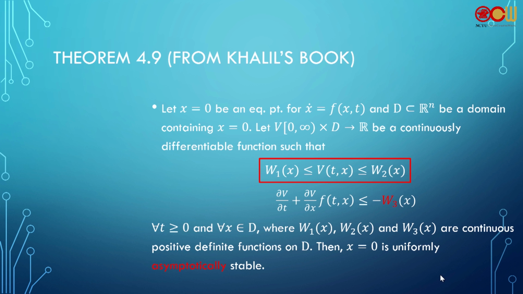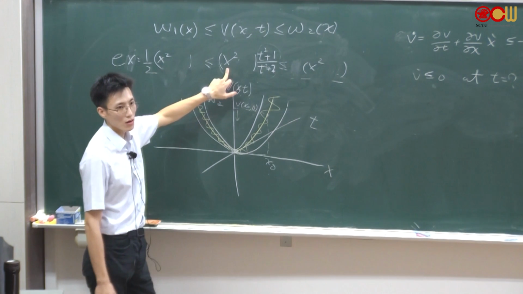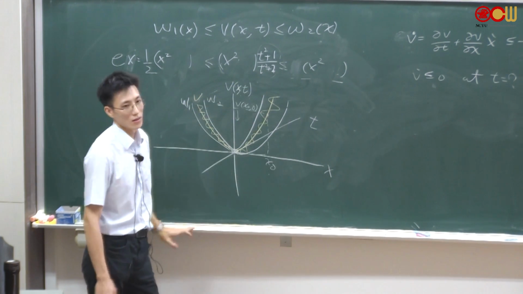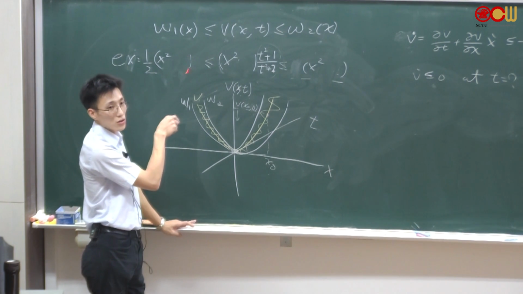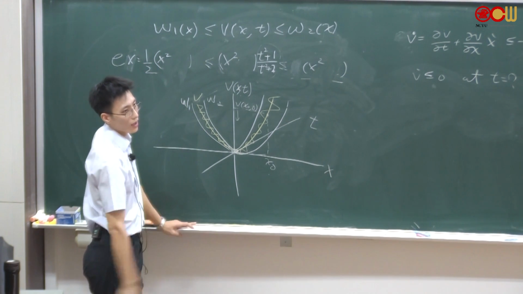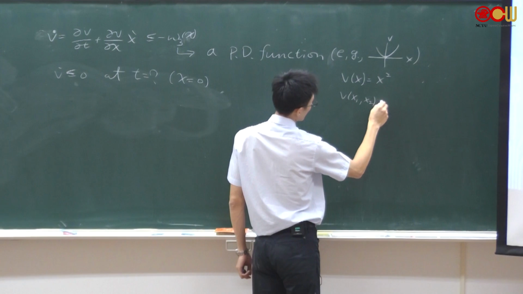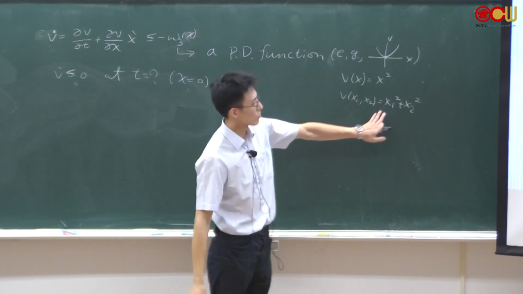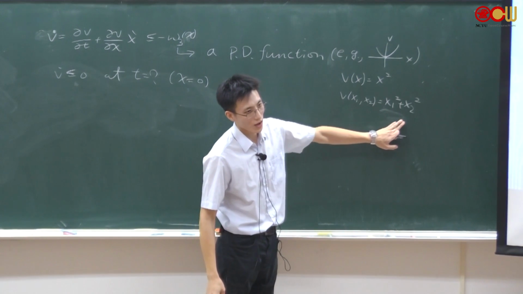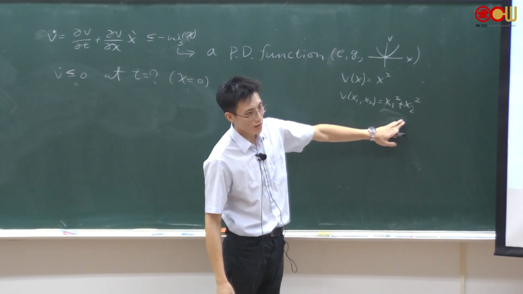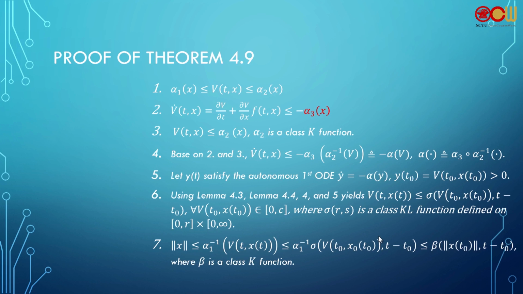So it cannot be negative. The minimum value of this will be 0. And eventually this is also 0. So V has to be 0. And the only chance for this function to be 0 is x to be 0, right? Not this, because it's lower bounded by some PD function, which doesn't depend on time. Okay. The minimum value of this function is 0 because it's a PD function. 它最小值是多少？0嘛。0的时候它在哪里？原点嘛。